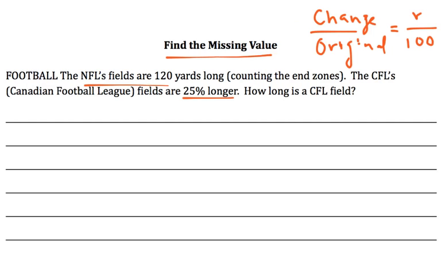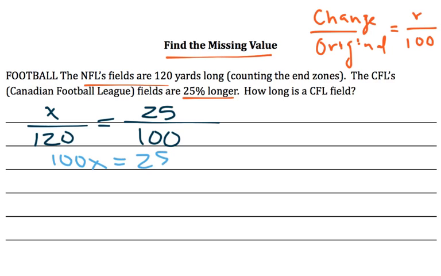So I'm going to put a value of x in the numerator because I don't know how much longer they are. Not as a percent, but as a value. But I do know that originally 120 yards is what we're dealing with. And since these are an increase of 25%, I'm going to set up 25, and here's 100. And if you wanted to, you could just take a fourth of 120 and say that's 30. That's fine too, you could go about it that way. But we'll still cross multiply and divide. So I got 100x